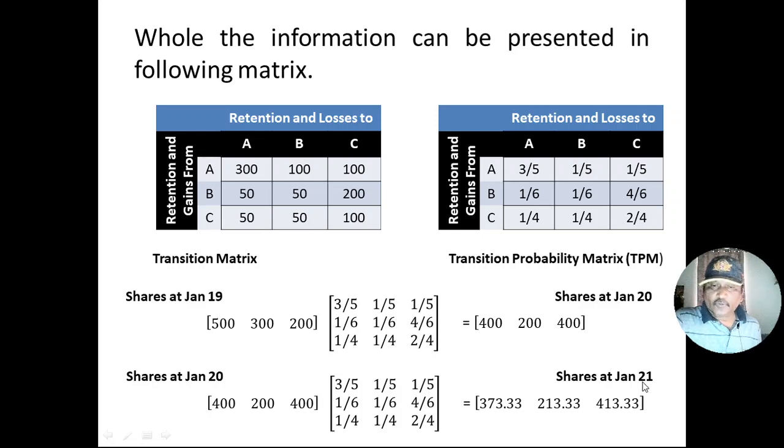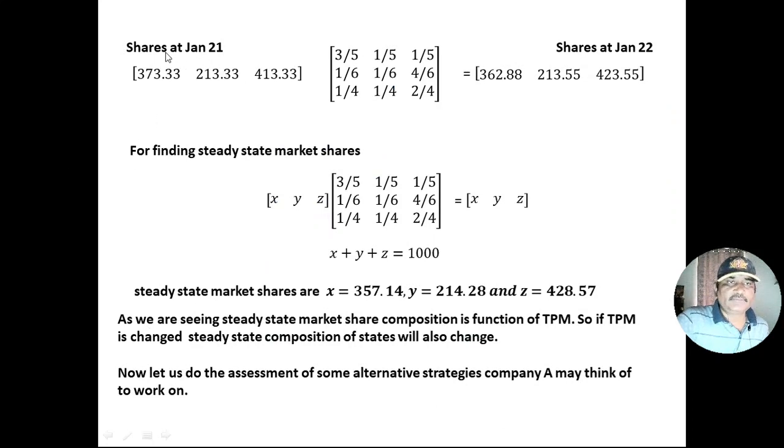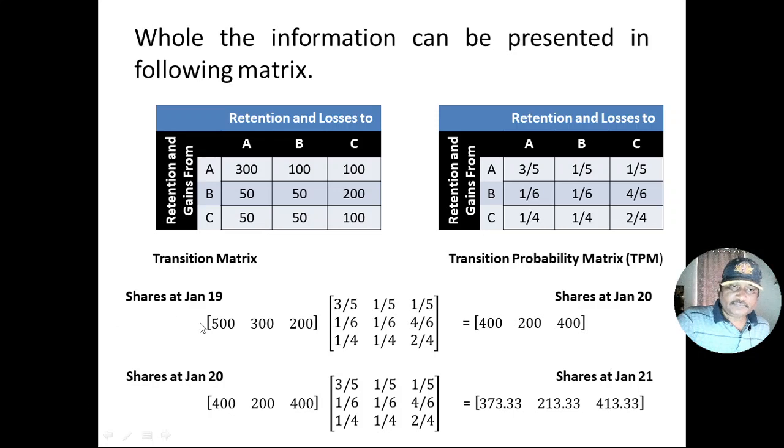Likewise, if you multiply these market shares by the transition probability matrix again, you will get market shares at January 2022, like we have got here. These are the market shares at January 21. We have multiplied that with the transition probability matrix, and here we have got the market shares at 1st of January 2022. Now, this process can continue further, but one thing we are finding is that as far as company A